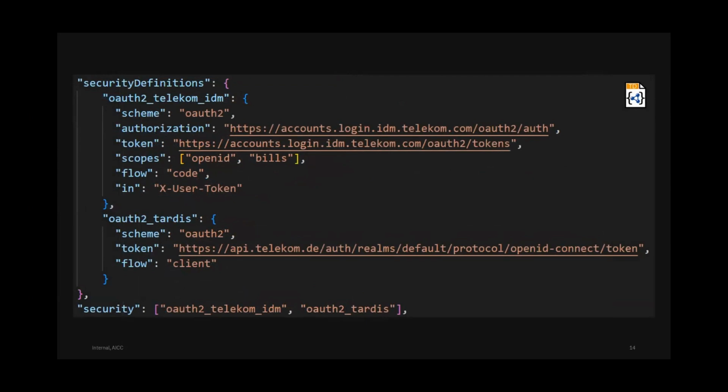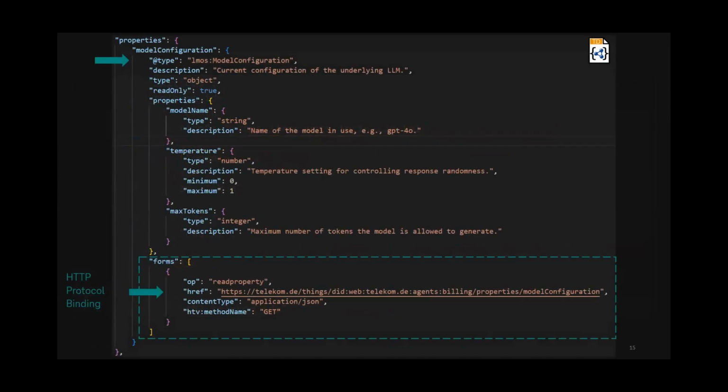From a security perspective, Web of Things provides different security schemes like basic auth, bearer, OAuth2, so it's also extendable. At DT, in order to talk to agents, you need two kinds of tokens. One is a machine-to-machine token. You can nicely describe this in Web of Things, and you also need the user token. So it could also show how a customer can retrieve their access token to give us the permission to retrieve personal information about themselves. And then